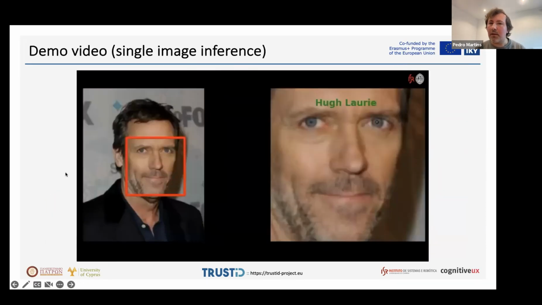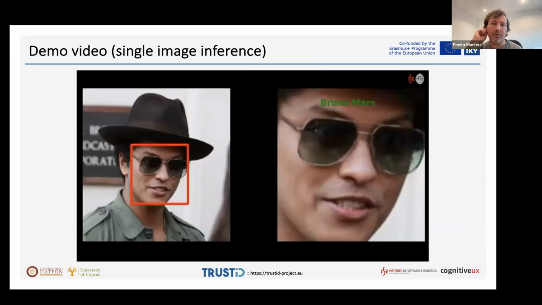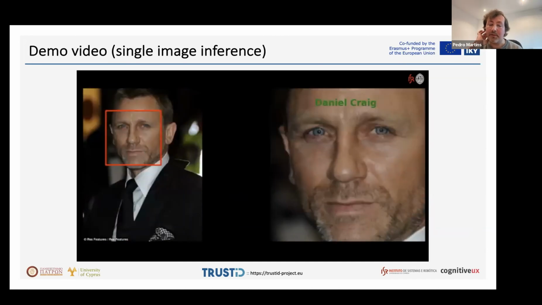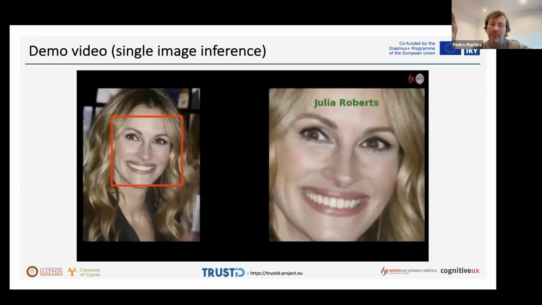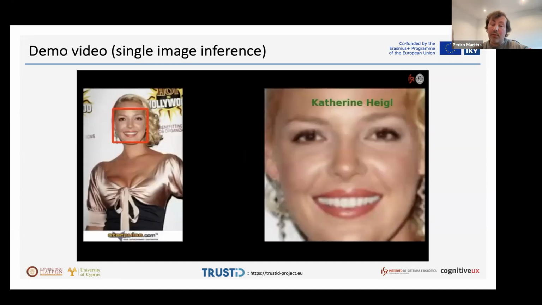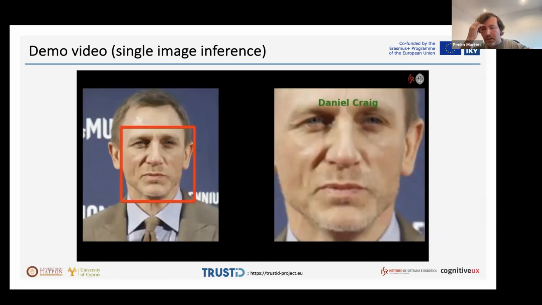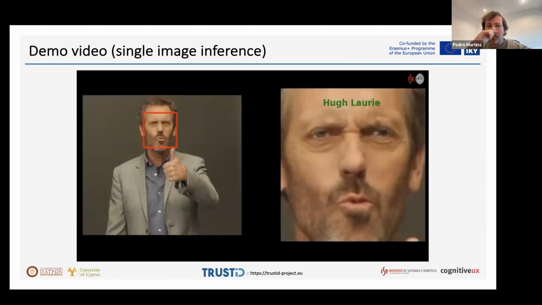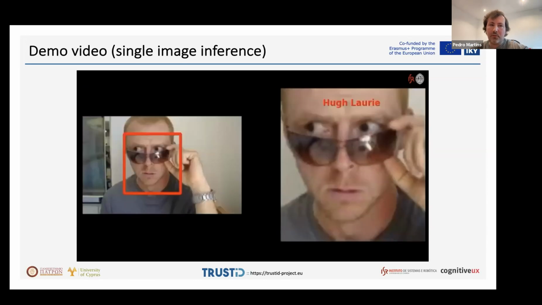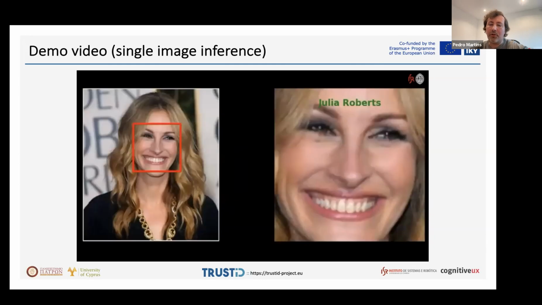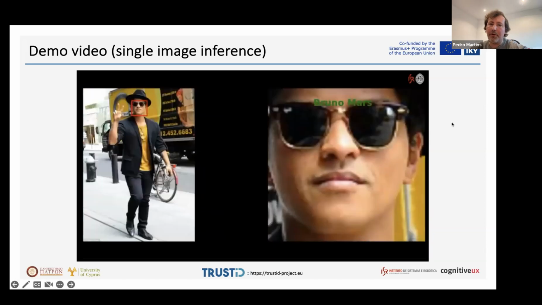Okay, this is a light demo of the system running on a subset of a known database, which is VGG faces. So you can see that this simple approach actually performs quite well. However, let me just move up a bit. So this is running on each image at a time. And on the right, we can see the normalized image and the inference over here.